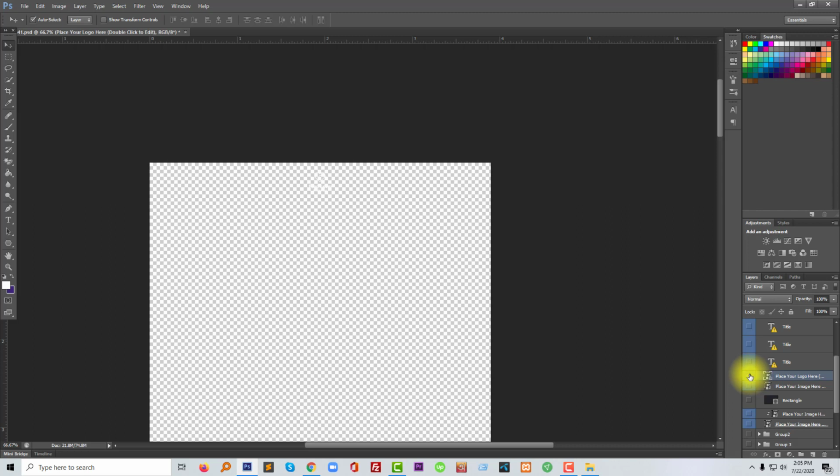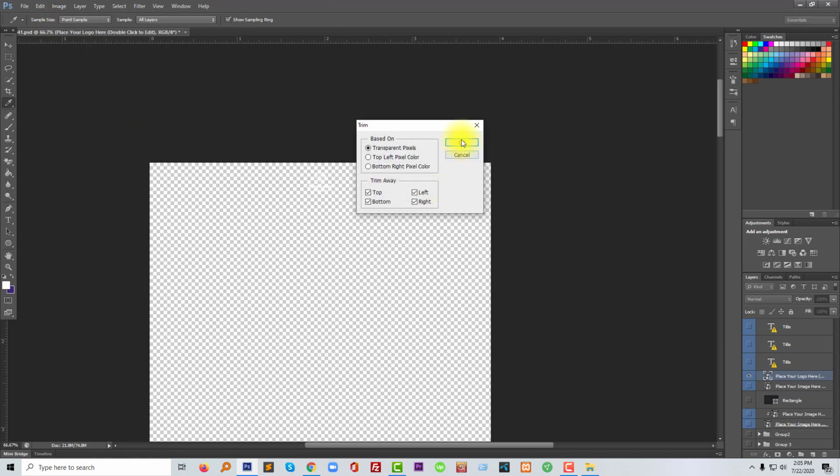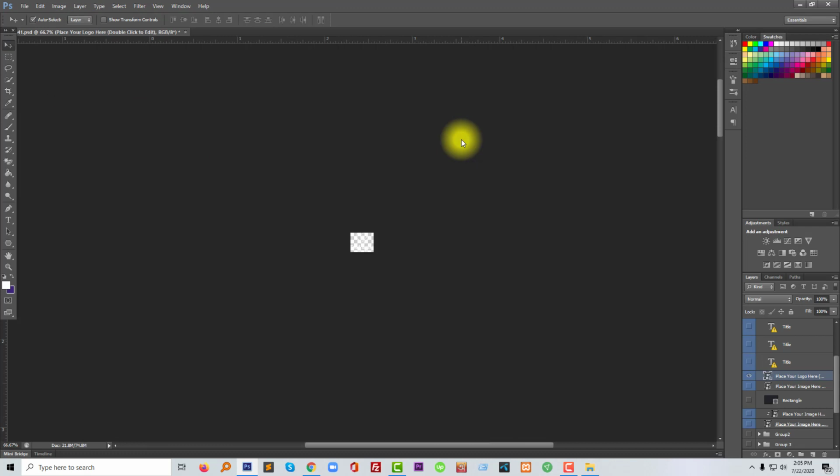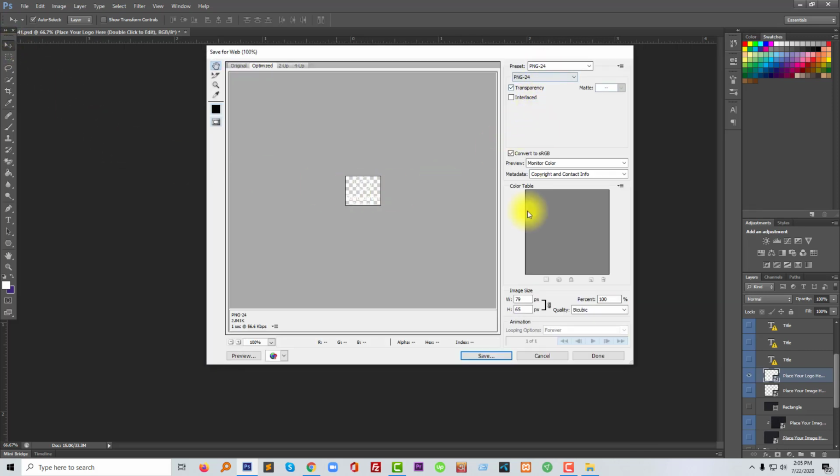Okay, and now going to click on the image, then select trim, click on the OK. So here is my logo. So just going to save this logo as a PNG format. Going to click on the save,